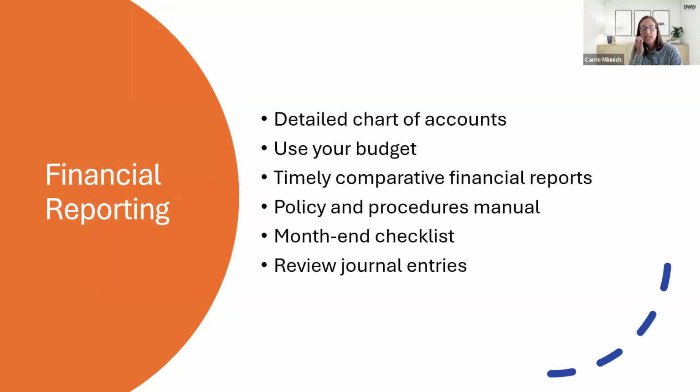Next is financial reporting. So the risks here include misstatement, just not recording things properly. Your numbers are wrong on the reports that you're providing to management, to funders, to the bank, or just not recording activity. So for financial reporting, some controls is making sure that you have a detailed chart of accounts. Make sure you have a chart of accounts that is reasonable for your activity. You want to make sure that it properly accounts for different types of accounts, for your cash, for your assets, for your fixed assets, for your accounts payable, but then also for revenues and expenses.